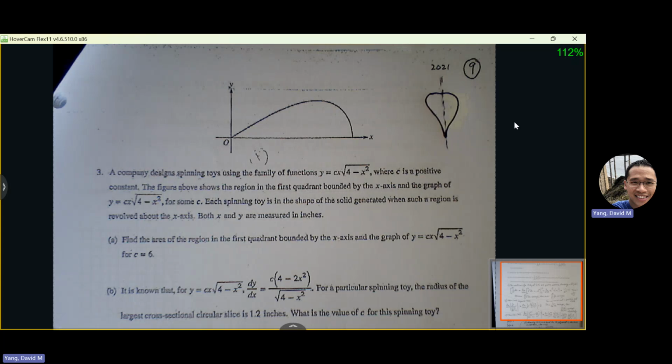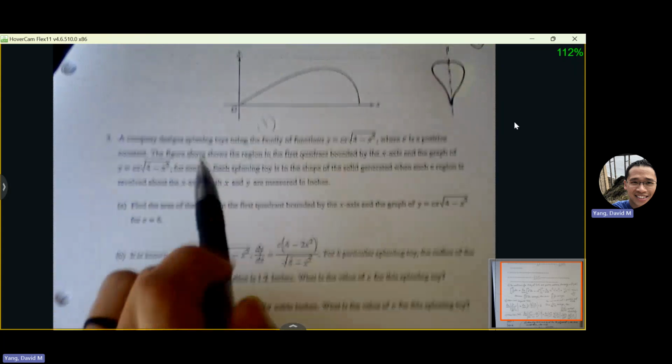I think to earn something in the 4 range, if you can get 50% of everything, that's basically in that range of a 4. So if you can average 5 out of 9 points for every FRQ, you're in a good spot. Some FRQs you're going to be able to do much better on than others, but definitely try to put as much as you can. But also don't spend too much time on one FRQ. If you're really stuck on something, go to something else, and then you can come back to it later.